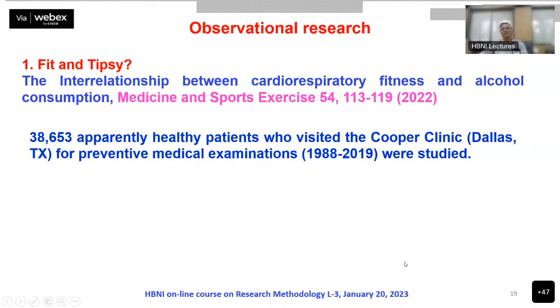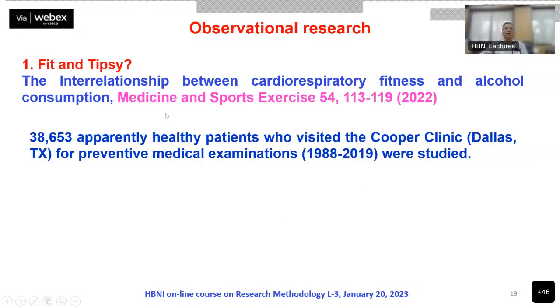Another very interesting example, and again, I caution you to take it a little lightly. Observational research: there is a lot of this kind of research you will see in papers appearing now and then. Fit and tipsy means the interrelationship between cardiorespiratory fitness and alcohol consumption. In fact, this paper, what happened actually about last year, while I was taking these lectures, I read in the